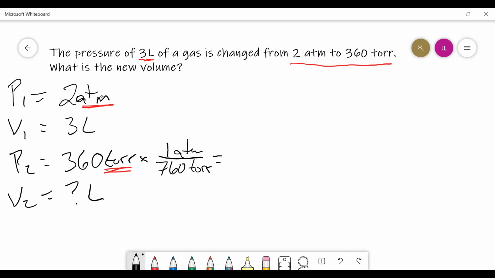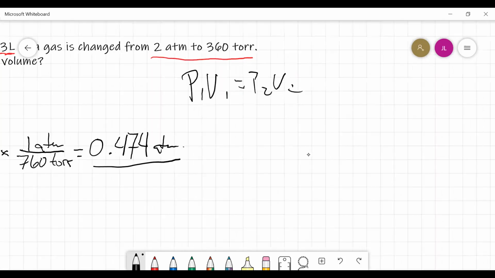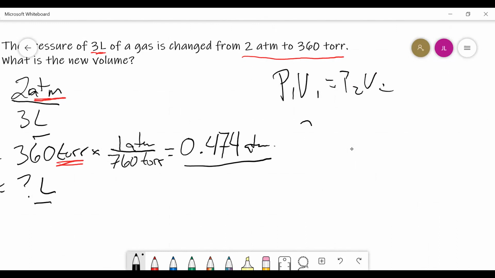So if I take 360 divided by 760, I end up with 0.47 atmospheres. All right, fairly simple so far. Now we can just plug in. We now have atmospheres and our volumes. So P1 V1 equals P2 V2. So we have 2 atmospheres